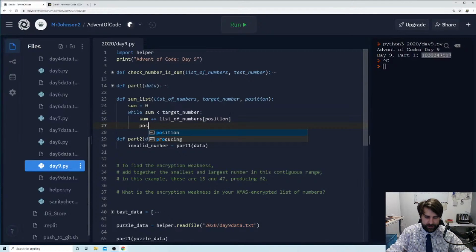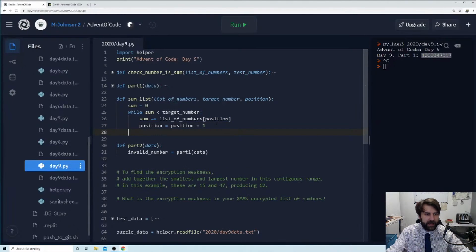And then we're going to say our position is now equal to position plus 1. So we're going to add 1 to our position, so that when we come back to the top of the loop, our sum, if it's still less than target number, we're then going to add to our list of numbers from our new position, which will be 1 ahead. I'm going to keep going round.